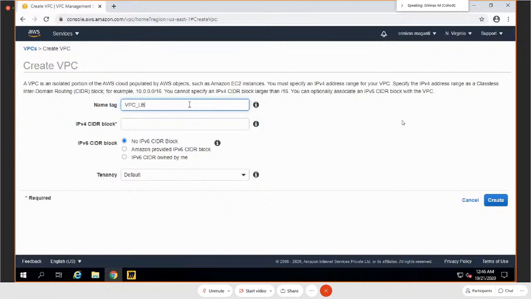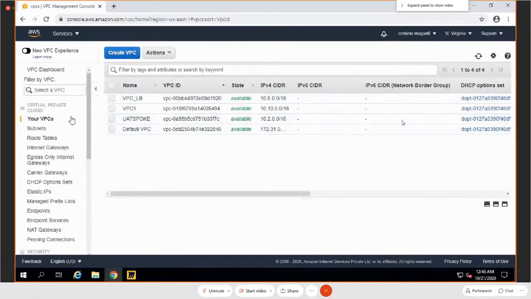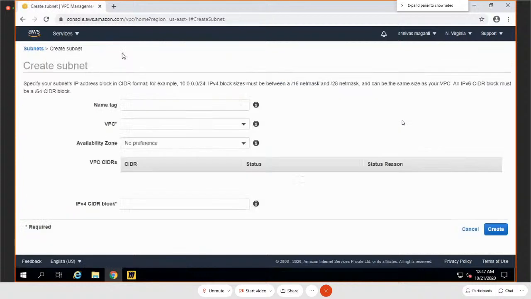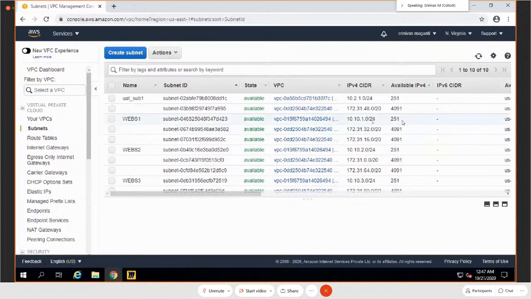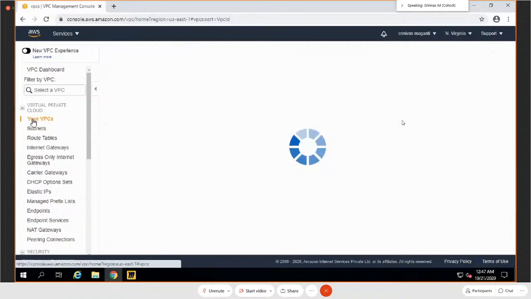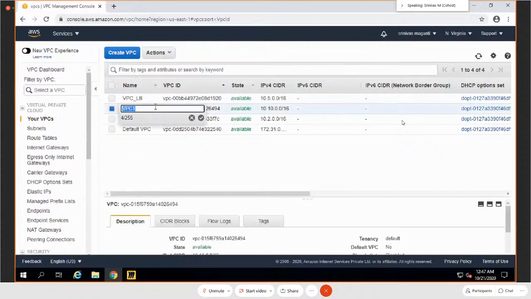Load balancer testing, 10.5.0.0/16. Okay, and subnet. I can see something. Just a second. 10.10. Yeah, we have three subnets. Which one is this? Let me rename this. AWS